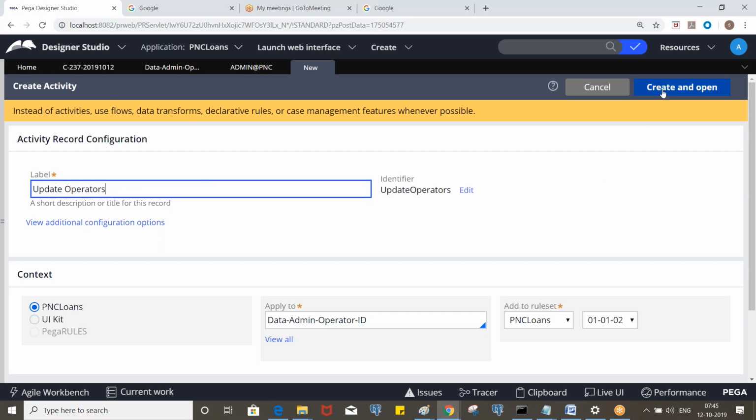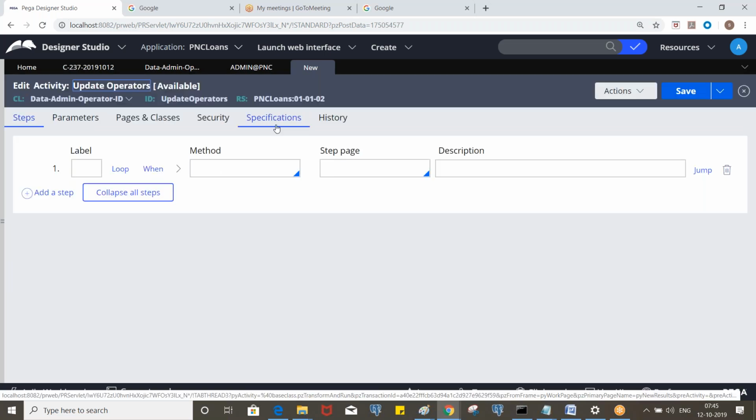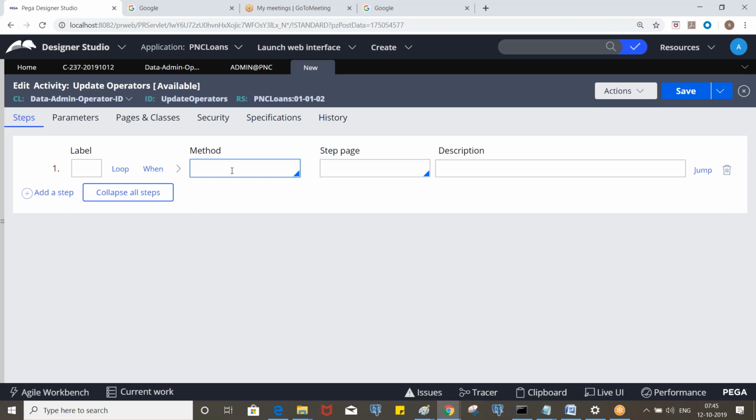Hello Satya, can we create the same activity in the work class? Yeah, work class also you can create it. Okay, so here the primary class will be data admin operator ID, wherever we are creating it. If you create it in the work class, then work class will be primary, but you need to define the patient classes.